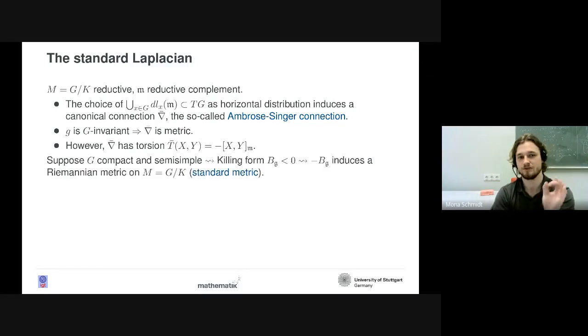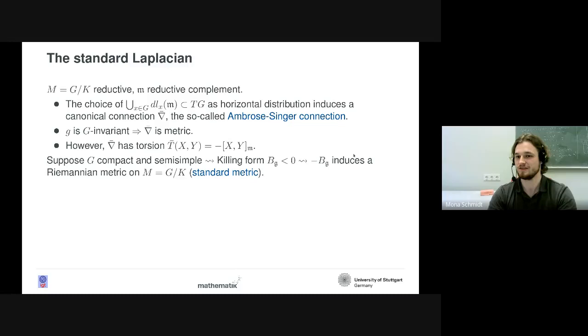Okay, I wanted to introduce the standard Laplacian. So suppose that G is a compact and semi-simple group. These two assertions are important because then we have a Killing form that's negative definite. And if we just flip the Killing form around, so we take minus the Killing form, this induces a Riemannian metric on